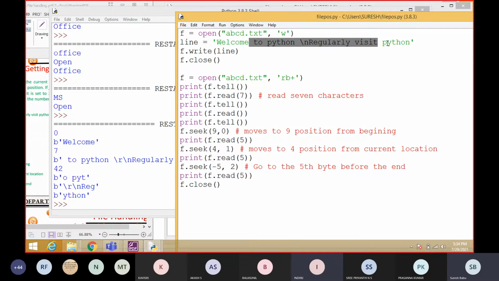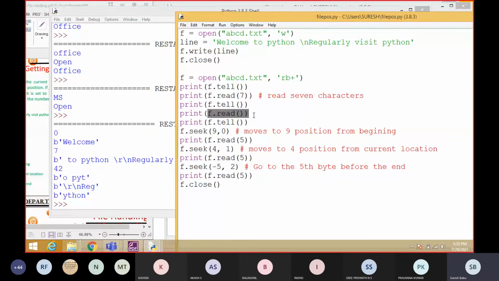No, sir, not including the space. No, it actually 0 means that is the initial position, not the W. The file pointer and the index are different. Don't confuse the file pointer with the index value. So this is the 7th position, and it reads all the remaining content because we didn't specify any number of characters, so it reads all the content from the current file position.